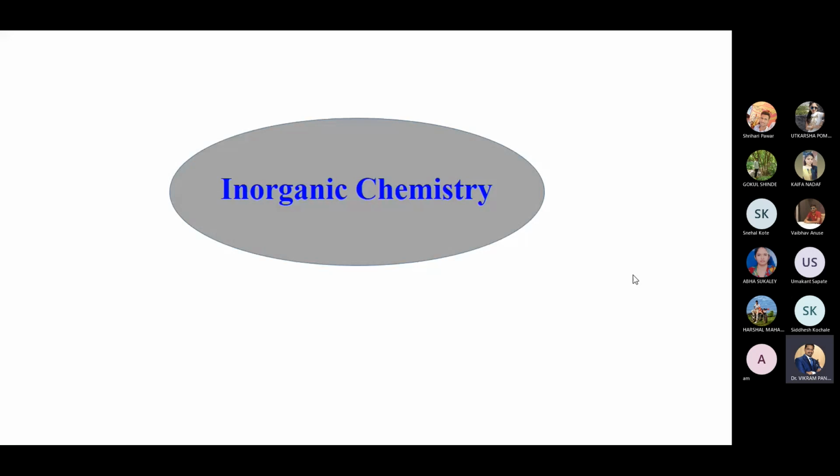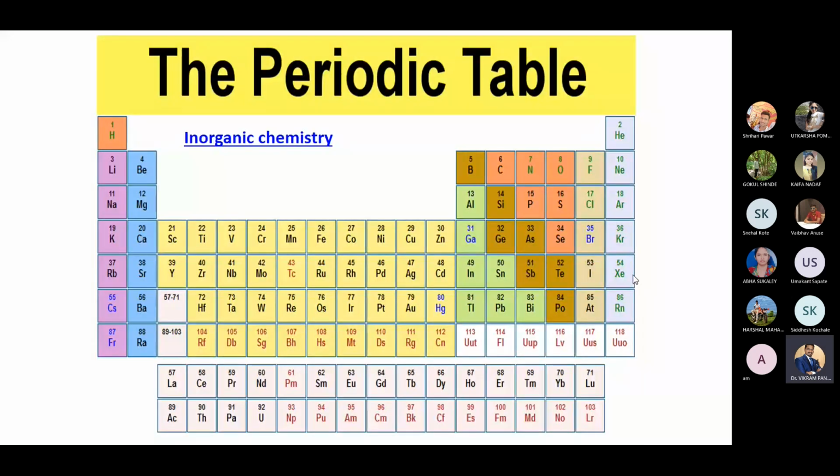Even in inorganic chemistry, we all know that there is a periodic table, and in this periodic table there are certain groups as well as certain periods. You should be able to find out the location of any particular metal, non-metal, or any element present in the periodic table. Why is it important? Let me give you one example. If indium is asked, many times it happens that you forget its atomic number, but how to remember the atomic number of this?